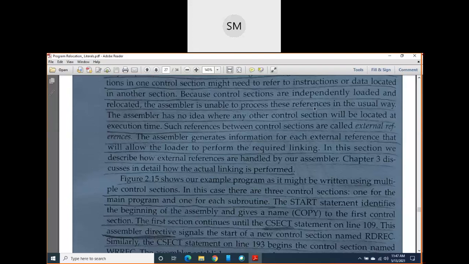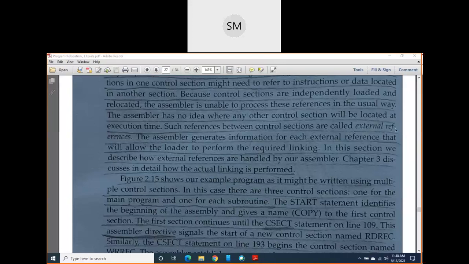So at that time, we have to definitely link all these control sections, because of this dependence. Suppose length is defined in control section 2, at that time you will go to control section 2 and find the address of that length. That type of reference is called an external reference.